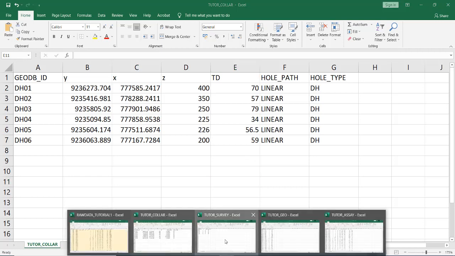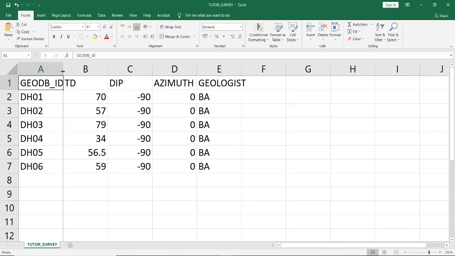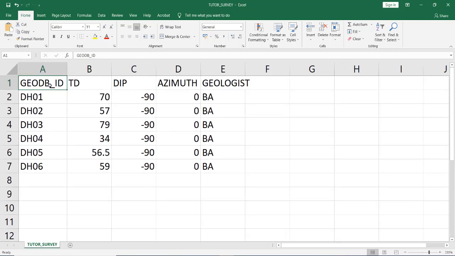Next, survey. Geodatabase ID, total depth.